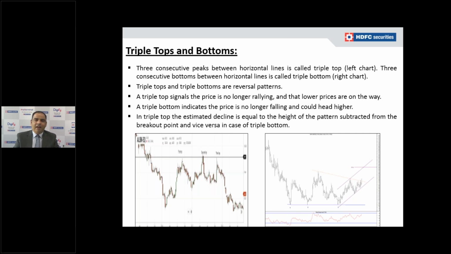Friends, what you can see, just as we have seen with the double top. For example, 110 was a resistance initially. Two times it hit 110, but here it hits for the third time, and it makes a third attempt at breaking above 110. It fails to break above, moves up to 111, 112 or 108, 109, and eventually declines, moves below the 105 level, and the trend reverses. The trend clearly reverses. What you can see in the left side chart, after a formation of highs, it eventually broke